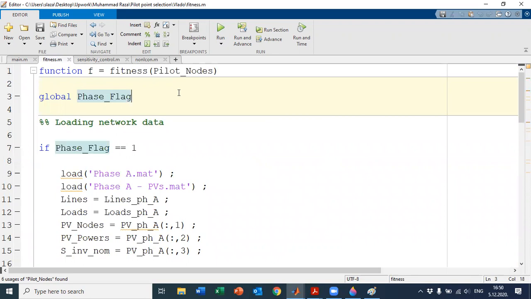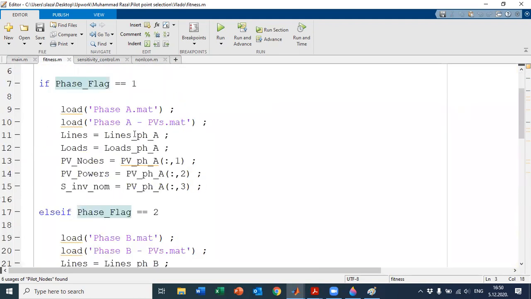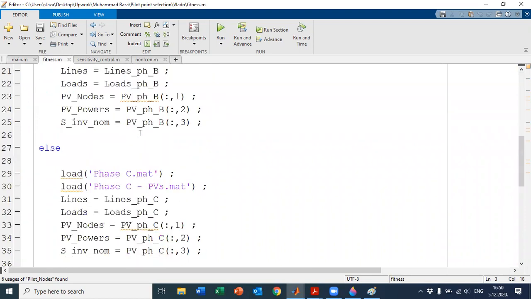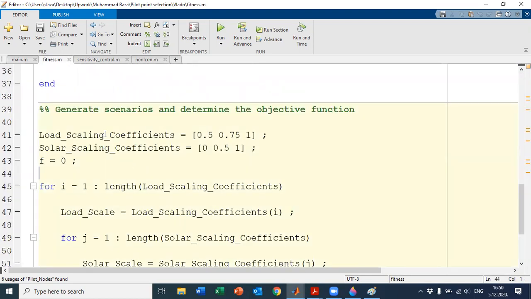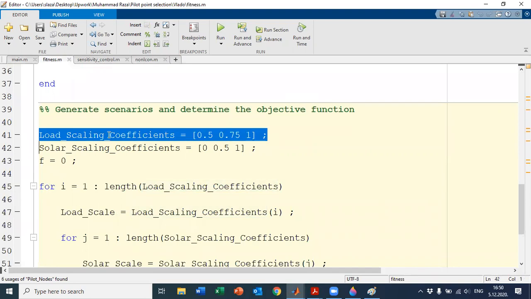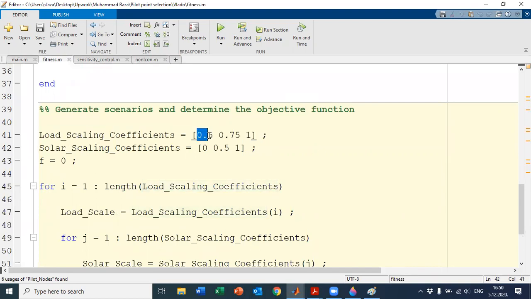It takes the phase flag and the pilot nodes, and it loads the data for a particular phase that we are simulating. What it does, it just runs the 9 scenarios which we are going to be using, and it determines, of course, the objective function. So the load scaling coefficients, because we have 9 scenarios,